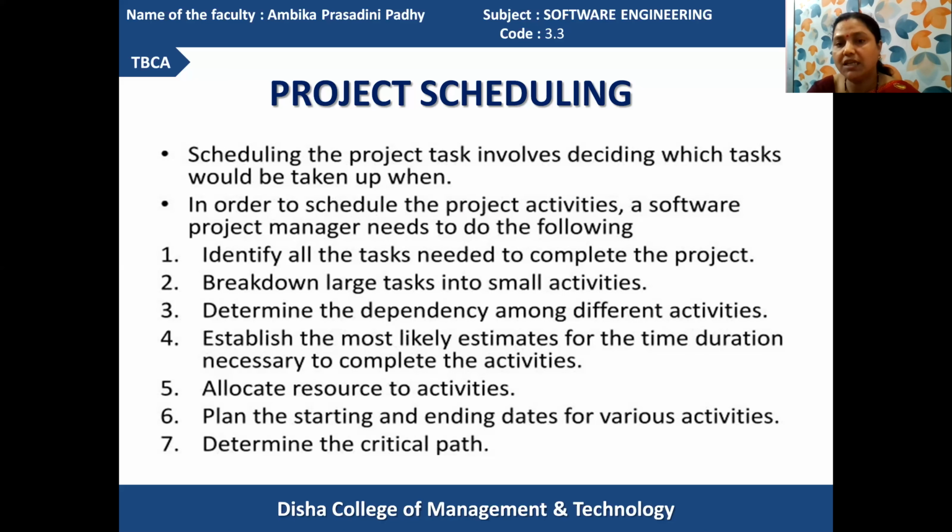The complete project is analyzed and its process tasks identified. Got it? The second operation is to break down large tasks into small activities. At first the main modules are identified. Then those main modules are divided into small activities, smaller parts, so that they can be easily converted into a proper solution. The smaller activities are identified.